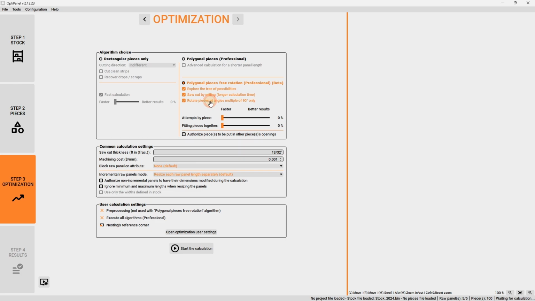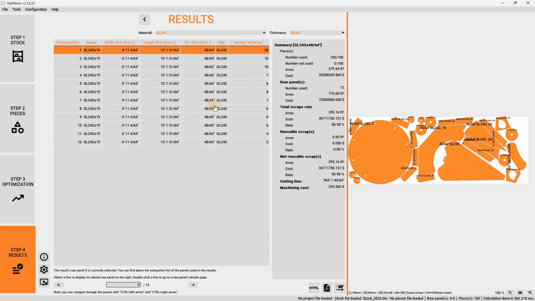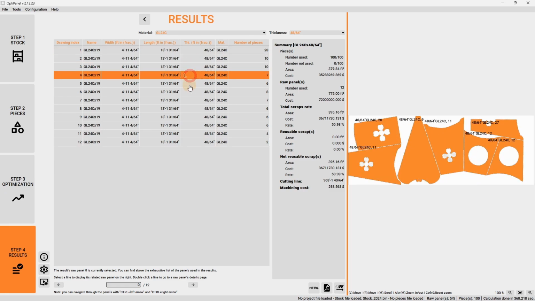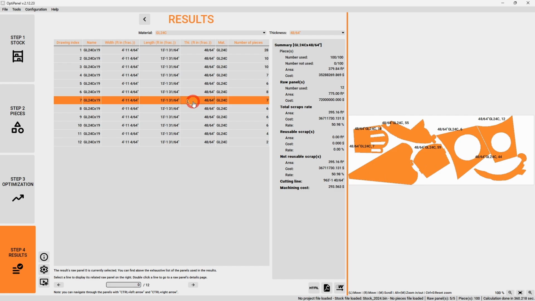You can also force the rotation to only 90 degrees if needed. We are not going to use that. And here we are just going to start the calculation. After some time of calculation, due to the complexity of these shapes, we have here an optimization, minimizing the waste of all these elements